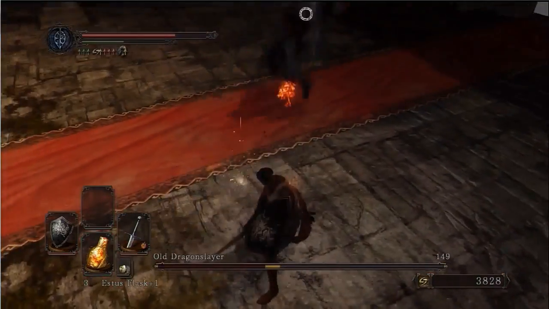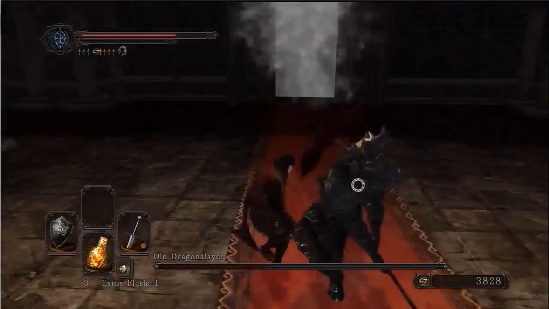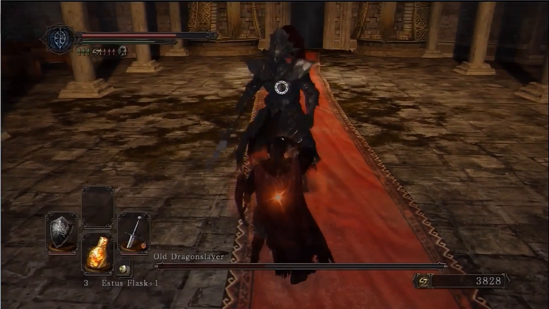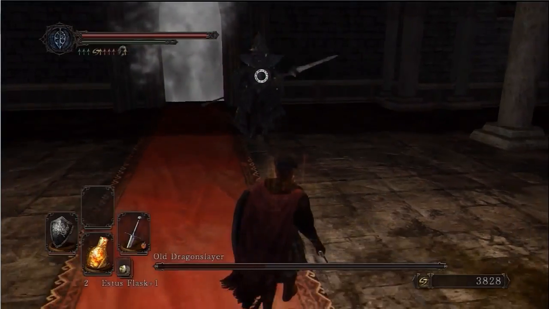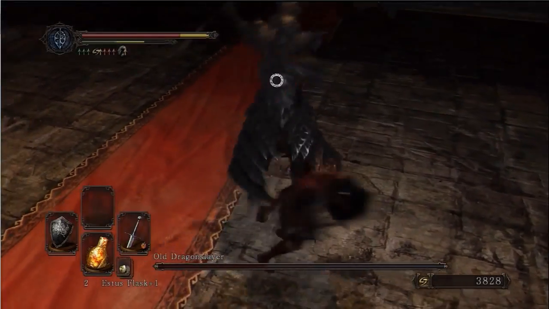It was much harder in DS1 where you had to roll back like 2 or 3 times, but in this one you just roll the once. I'm sure that slam is the unblockable. I'm pretty sure it's a stab attack that can't be blocked, but...